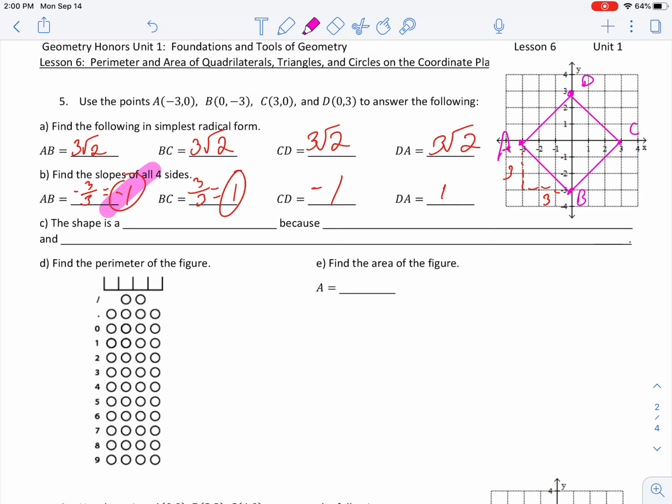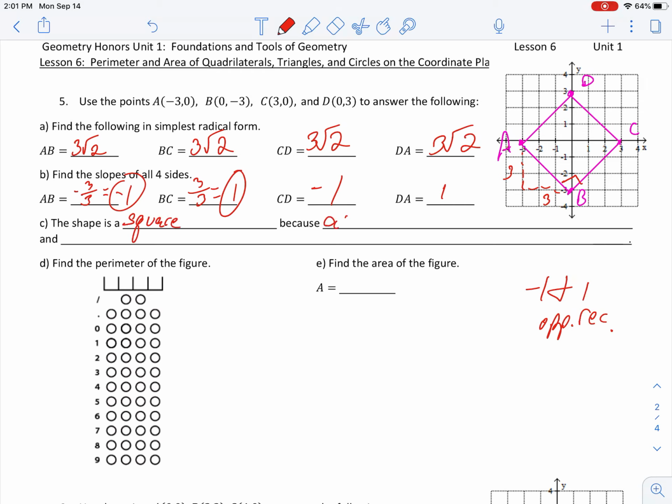So in this instance, when I look at things, the slope of AB is -1, and the slope of BC is 1, which is right here. That's where I'm bringing in the opposite reciprocals, okay? -1 and +1 right here. -1 and +1 are opposite reciprocals of one another. So that means these have to intersect at right angles. And that's true at all the other pairs as well. So the shape turns out to be a square